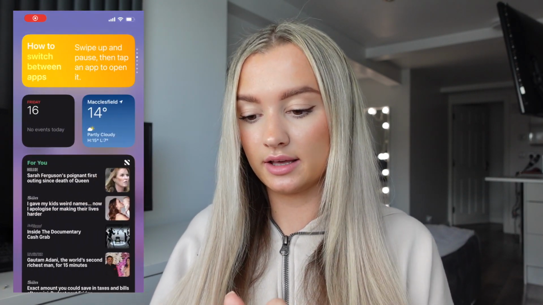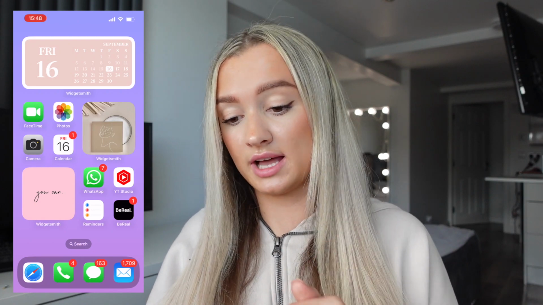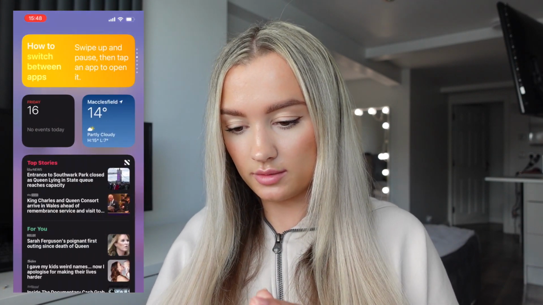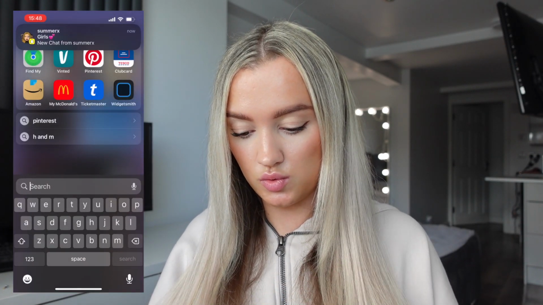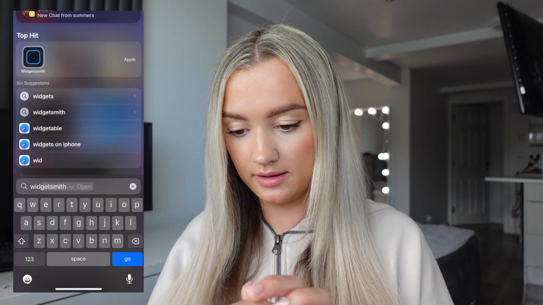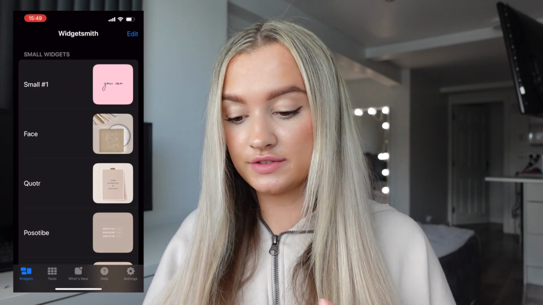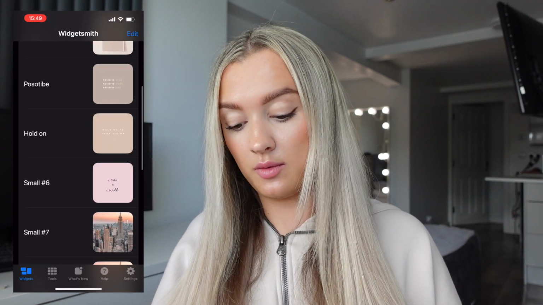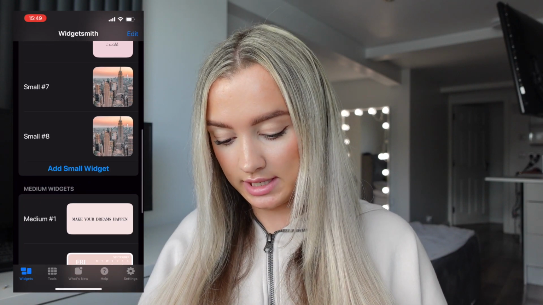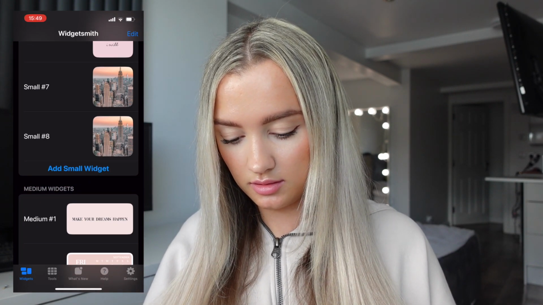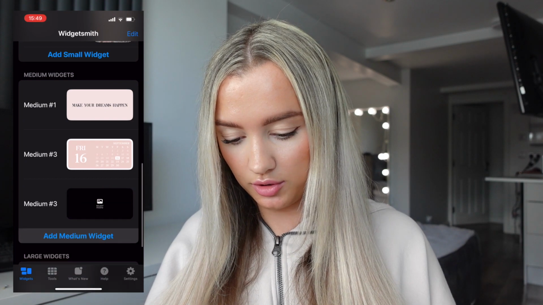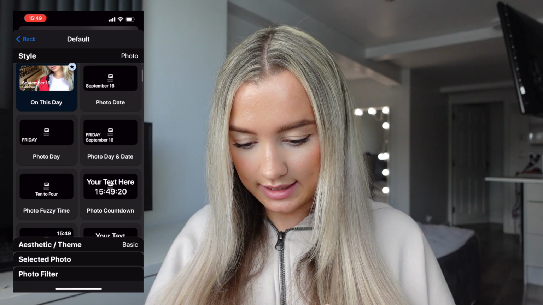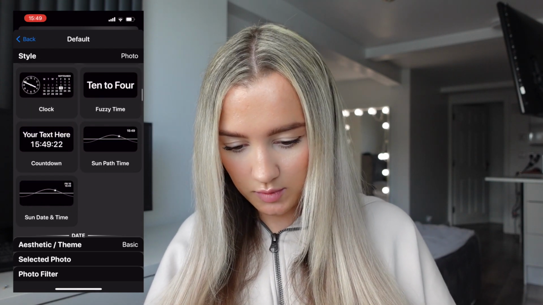home screen and see on here now it's got all my old style pink ones. So this all needs to be changed to a lilac theme. So I'm just going to go onto Widget Smith. And then obviously these are all my old ones. I will link the video in the description of when I did that one. But we need an update. So I'm gonna add a medium one. So I'm gonna keep the calendar one, this one,